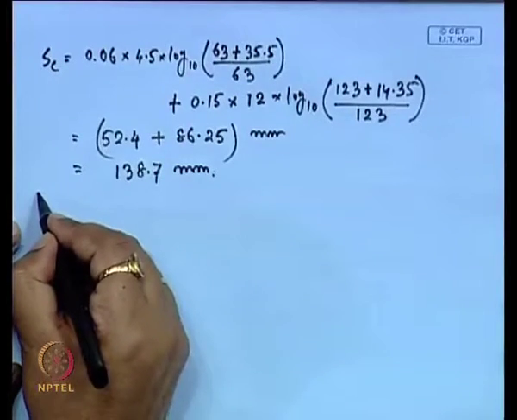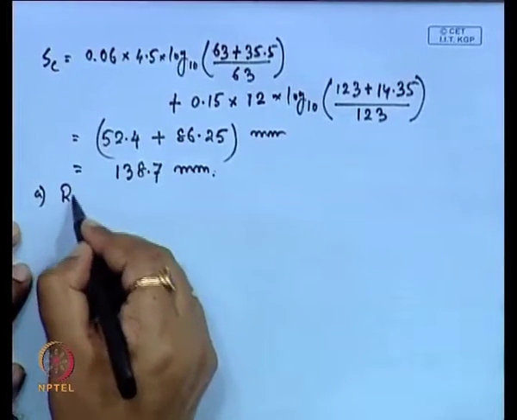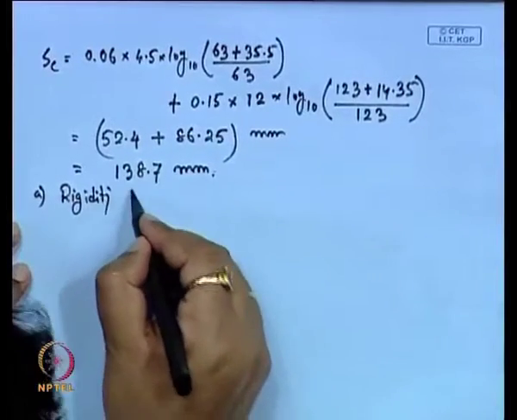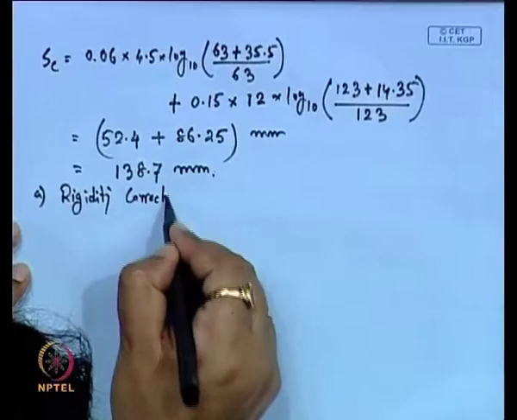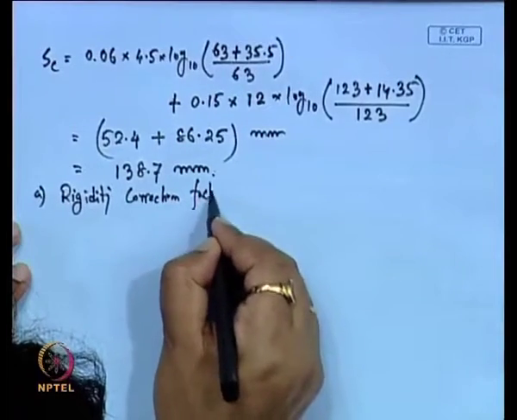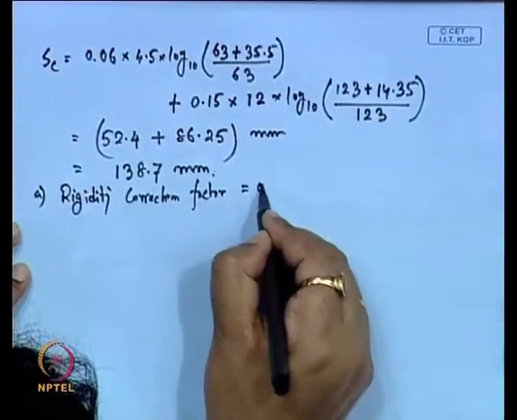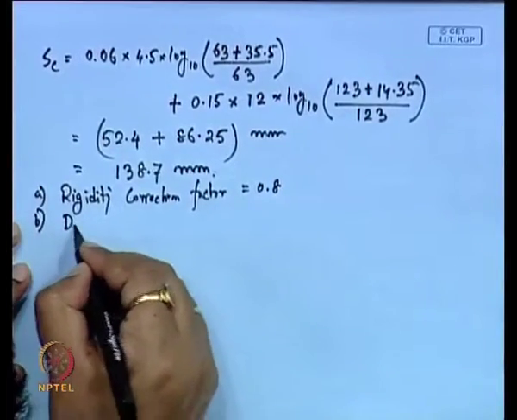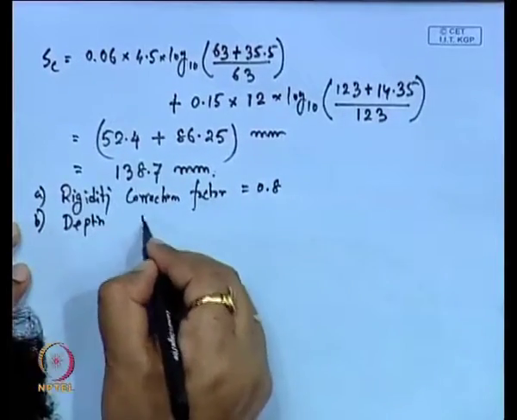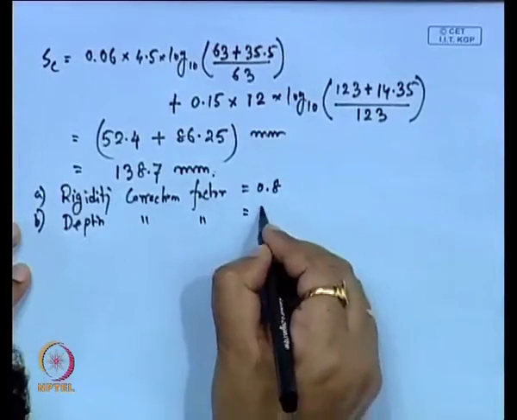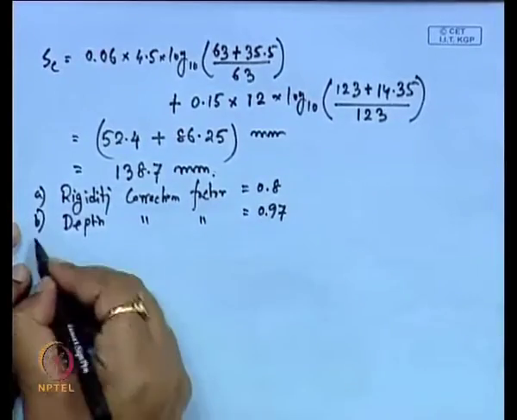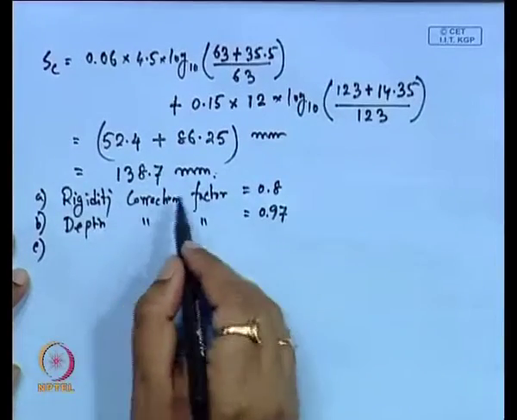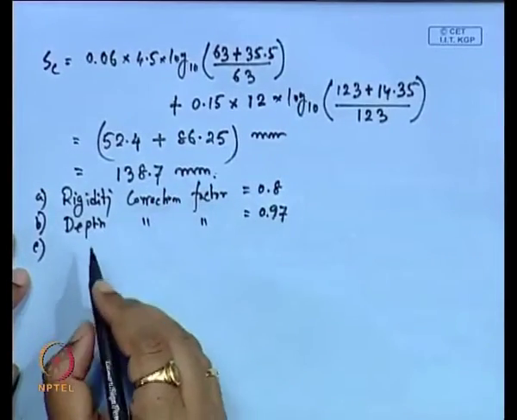Again, for this first one, the correction is the rigidity correction, that is equal to 0.8. Then the second correction is the depth correction factor that we have already calculated, that is 0.97. Then the next correction factor, the third one that we have to apply for this consolidation correction, is